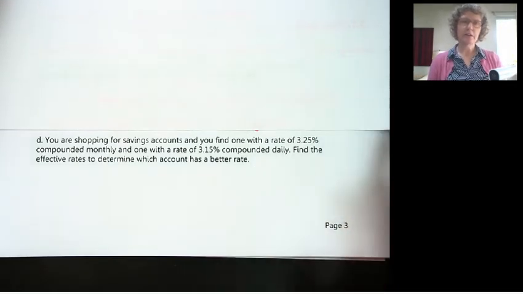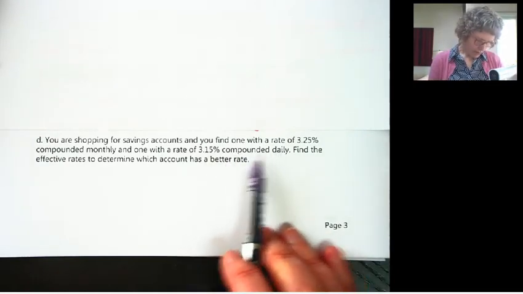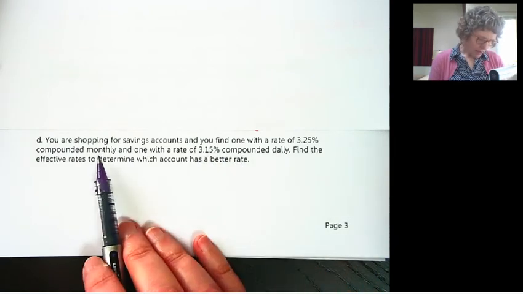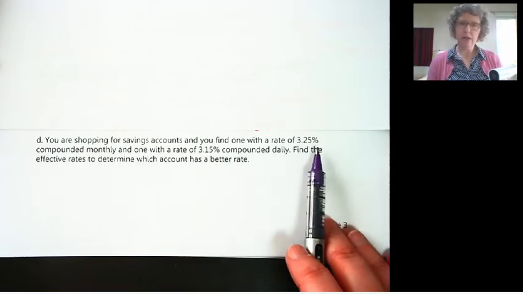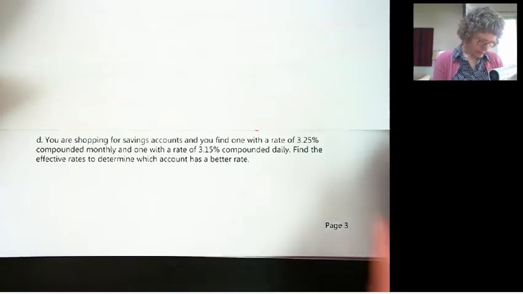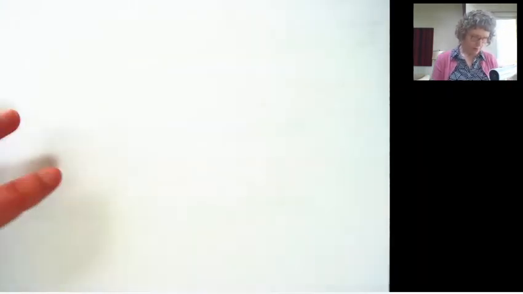So there's a trade-off here because the more we compound, the more money you get. But is it better to have compounding daily with a lower rate or compounding monthly with a higher rate? So it can be really hard to tell. Fortunately, we have a formula for that, and it's called the effective rate. So let's go back up to the top of the page with the effective rate.